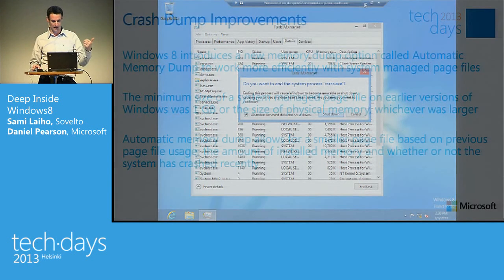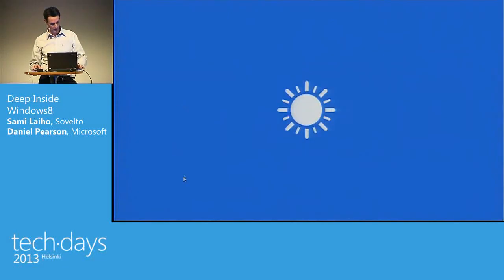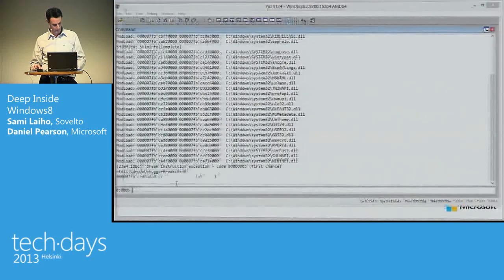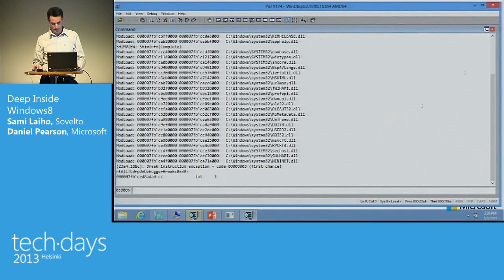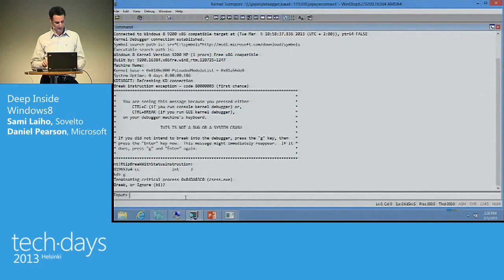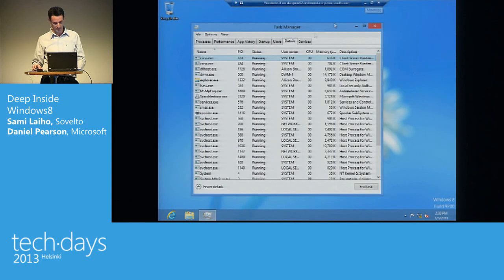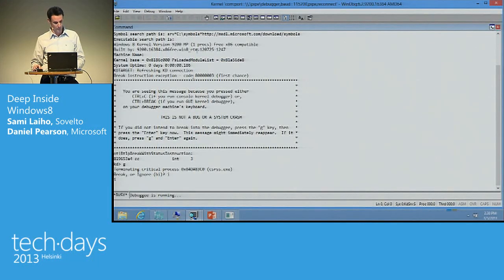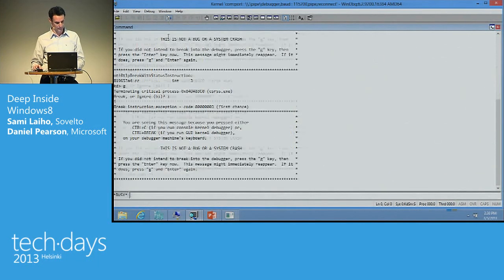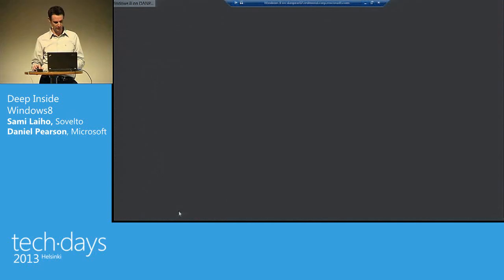Now, I have a debugger attached, so let me jump back to the debugger. Oops. You said it was easy. It was. The hard part's finding the window. All right. In this case, I could just say ignore. And that's in fact not going to crash because I have the debugger attached. That's what I thought. What I could do is break in, if this will allow me. I could say .crash, and I could force this to happen. And if I switch back,